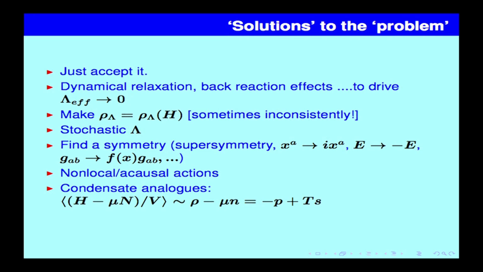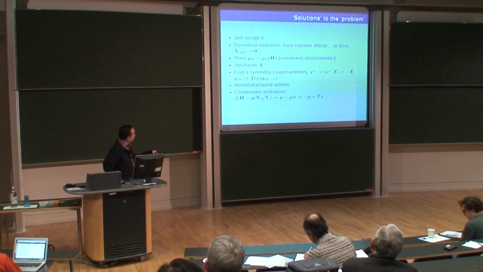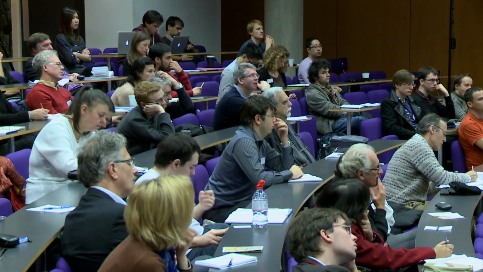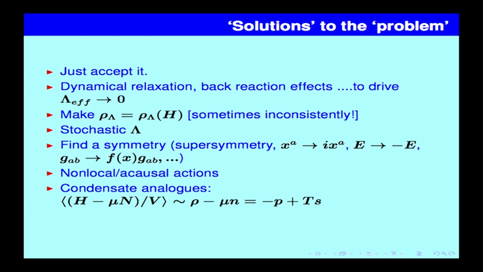So, there are systems in condensed matter where the relevant quantity which you should look at is not the Hamiltonian, but Hamiltonian minus mu times N in the grand canonical ensemble, where mu is the chemical potential and N is the number of particles. And if you look at its density and calculate its thermal average, this will essentially go as energy density minus mu times the number density, but there is a Gibbs-Duhem relation which tells you that that is equal to minus P plus Ts. So, if this is the relevant quantity to look at, then that energy is minus P at zero temperature. So, you get the equation of state for a cosmological constant free